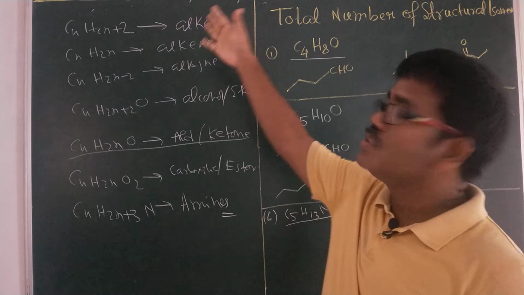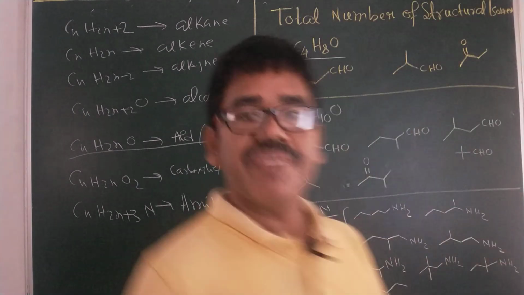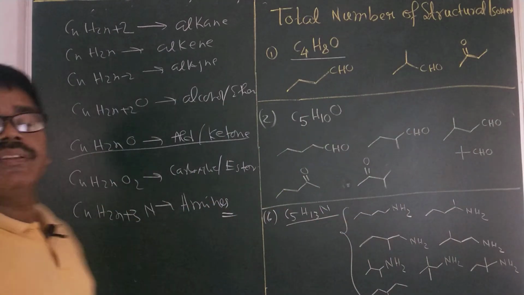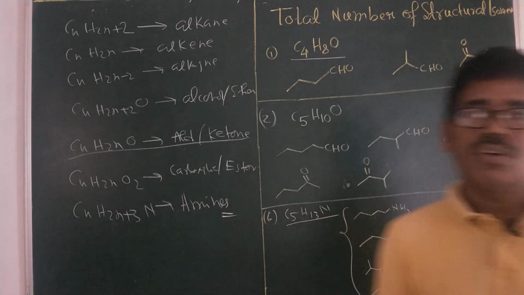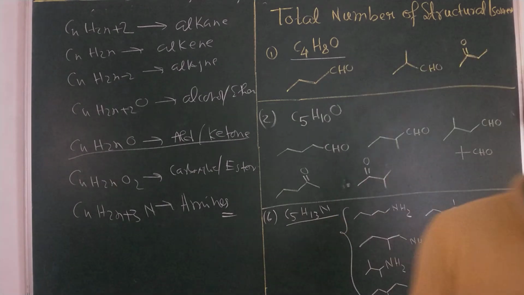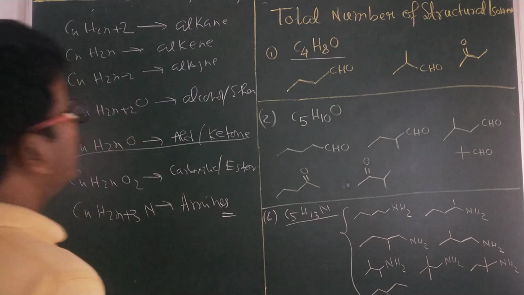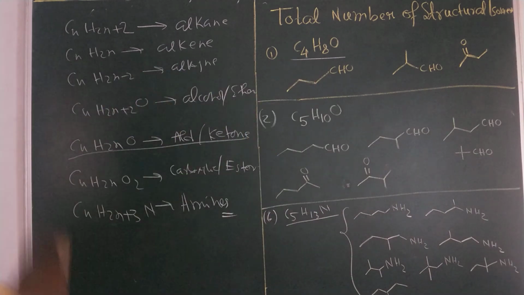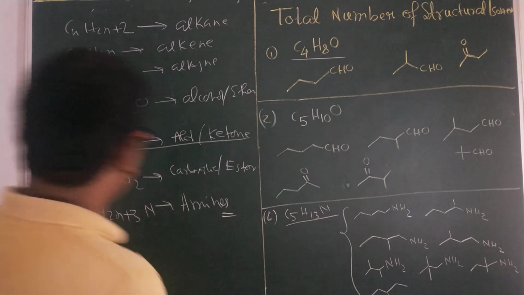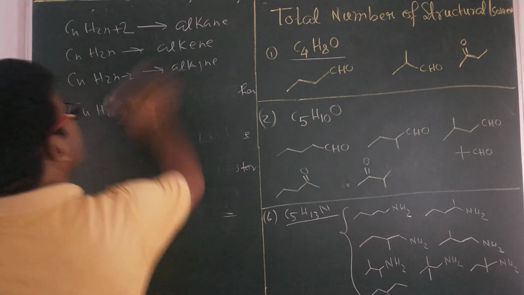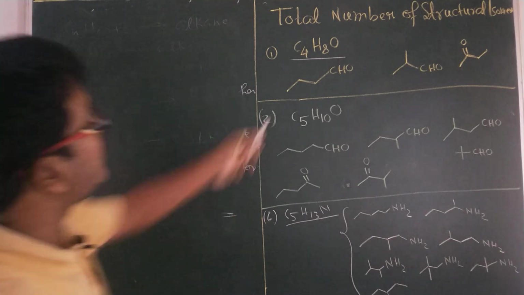We can do that using the general formula. After finding the type of the compound, what kind of compound it is, whether alkane or alkyne, or aldehydes, ketones, alcohols, ether or phenol, let's discuss this particular case. This case belongs to aldehydes or ketones. Therefore, once the type of the compound is identified, this compound can be aldehydes or ketones.